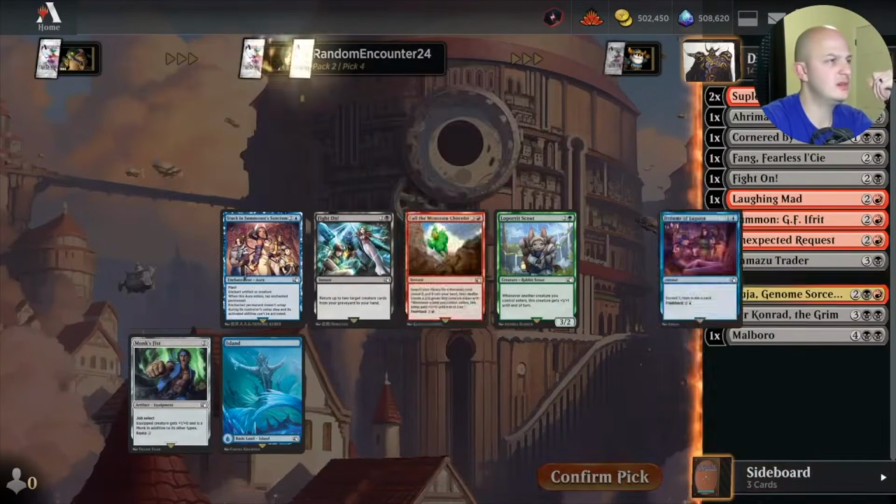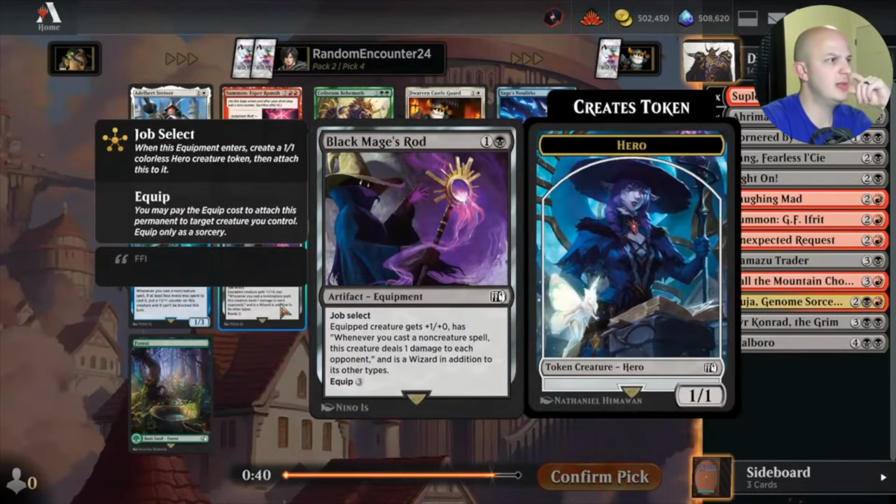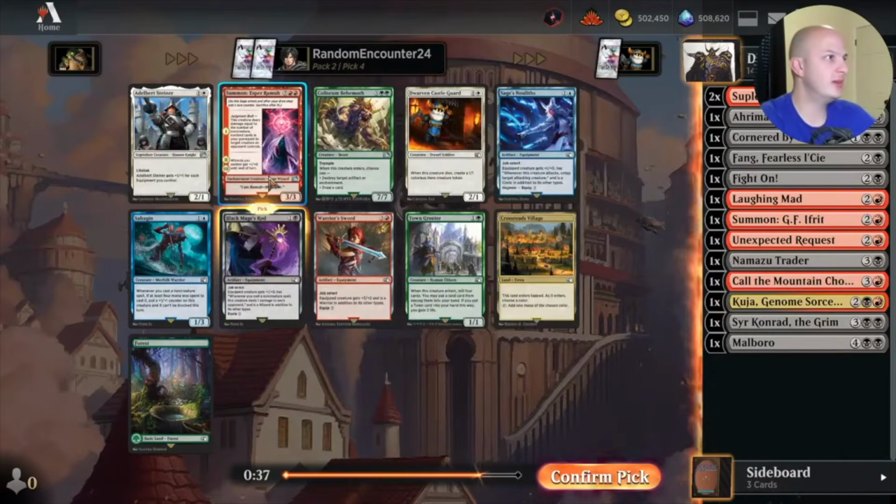I'm going to try this card out. That's close between that and the Sandworm, though. Alright, here's a Black Mage's Rod. I know I like that card. I'm going to reserve it for now. And then we've got